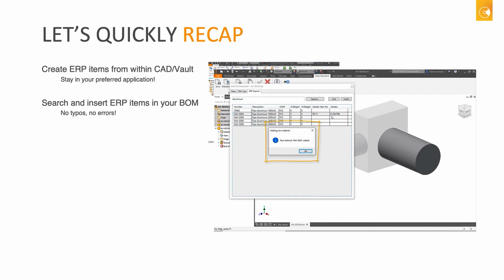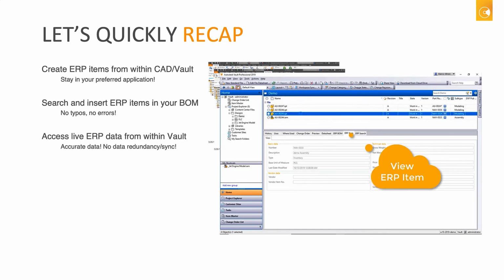This, in turn, allows me to interact with the ERP system without leaving Inventor and helps me create a complete bill of materials without having to manually enter part numbers, and thus prevents errors. When we moved to Vault, we saw that the same interoperability with ERP was available in Vault. I can see ERP item data and be sure it's up to date, and easily create or update ERP item